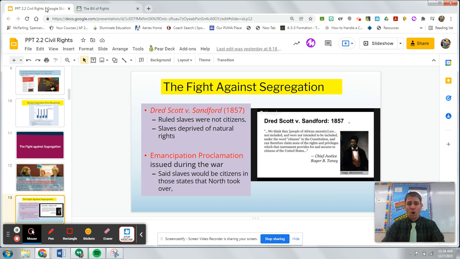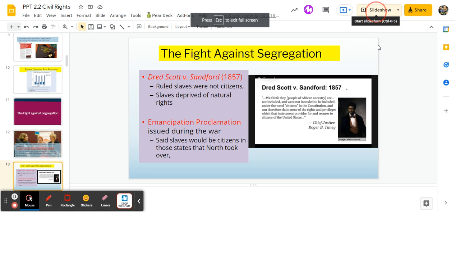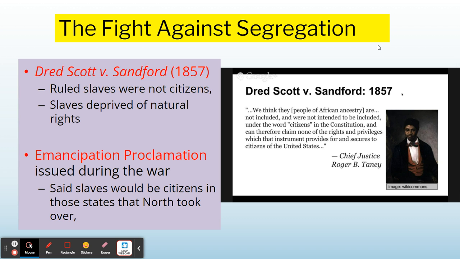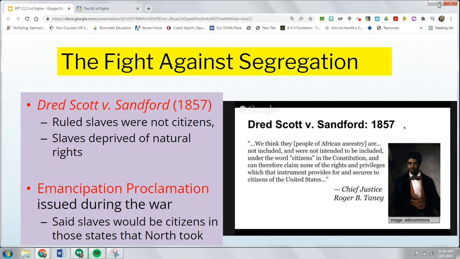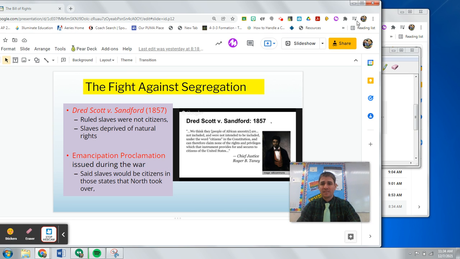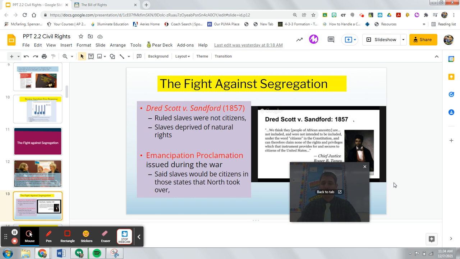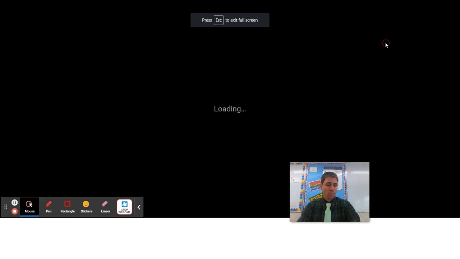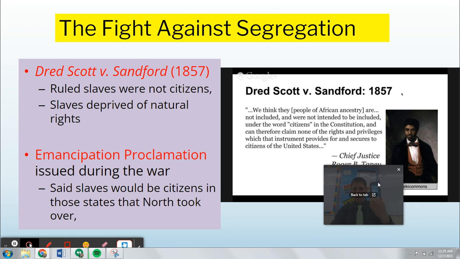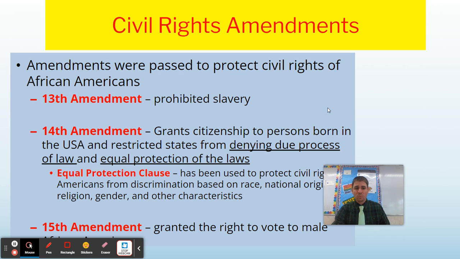It also could have been used as an argument in Dred Scott, that enslaved people, if considered people, should be afforded those civil liberties. But I think that's it. This decision doesn't give them citizenship status, and in many cases, they aren't viewed as people. They are viewed as property, or chattel, as it's referred to. And just as property doesn't have rights, like I own my cell phone, that's my property, the cell phone isn't given civil liberties either. Therefore, slaves, since they're property, aren't given those rights as well.